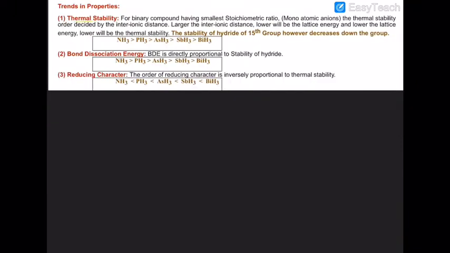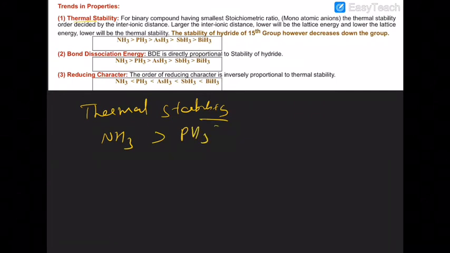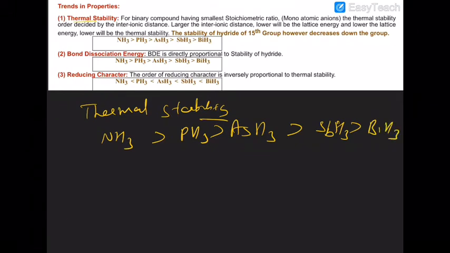Now, first of all, the thermal stability of the various group 15 hydrides decreases as we move down the group. The reason being that